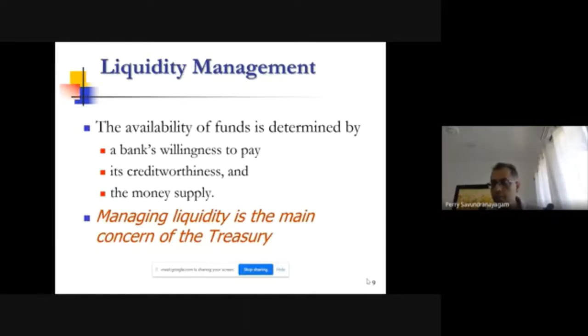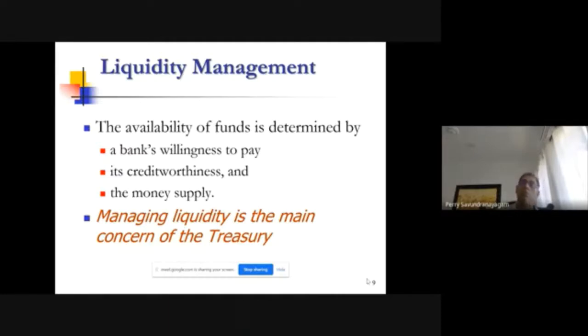If you are forced into it, what does it mean? It means that the market does not have options for you to match assets and liabilities. Like we discussed, you could have a situation where interest rates are low, like currently, and you find it very difficult to raise long-term deposits because nobody wants to put 5-year deposits, but you will have enough demand for 5-year assets. Whether or not you want to put on 5-year assets at these rates is a different situation, but you might be forced into it because that's a requirement that the market has.